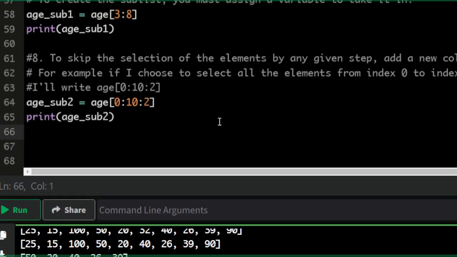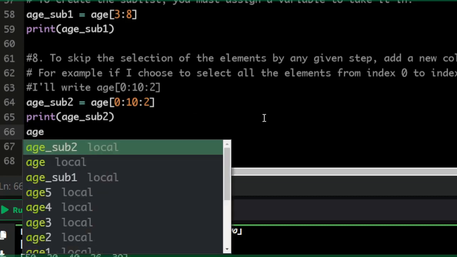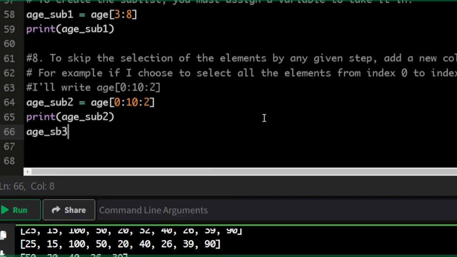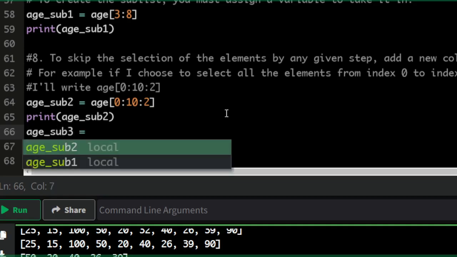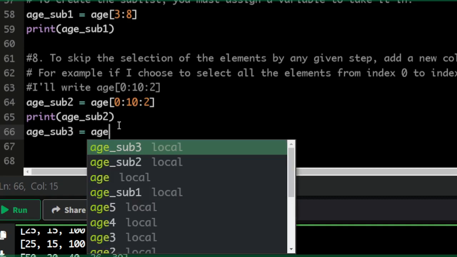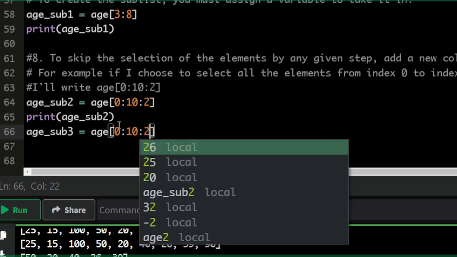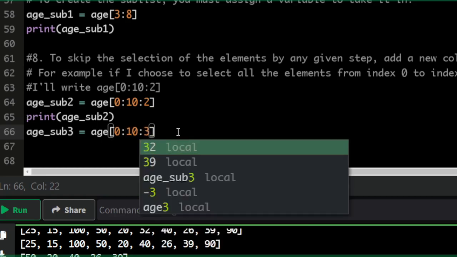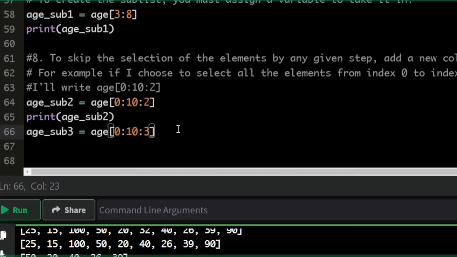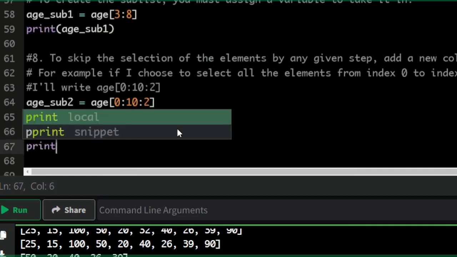So what you do is say age sub 3, age sub 3. Age sub 3 is 0, 10, and 3. And then by the time you print it,